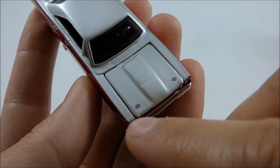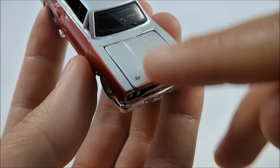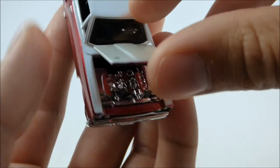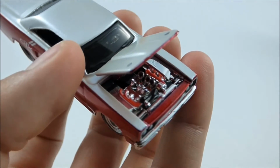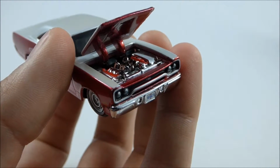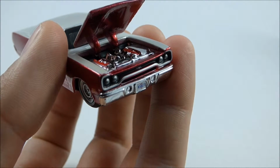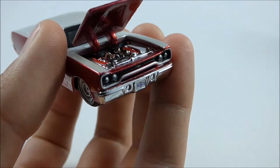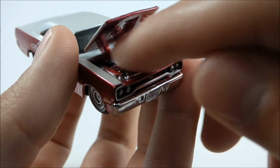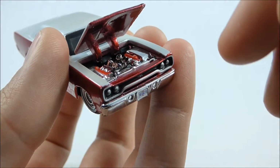And up here we have some nice detail to represent the pins that hold the hood down, and a nice hood scoop. And on this model the hood does open up, and we can take a look at the V8 engine underneath the hood here. Now I'm not sure whether this is the 7.2 V8 or the 7.0 Hemi V8. Most likely it's the Hemi, but it's finished in chrome here with some headers right here that are painted red,